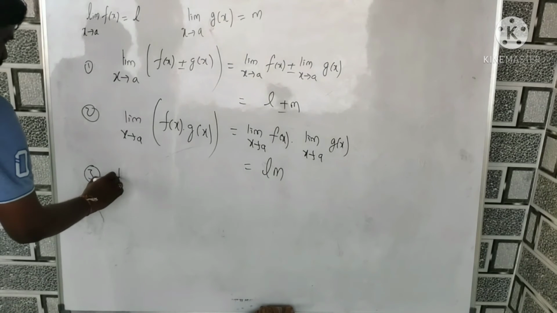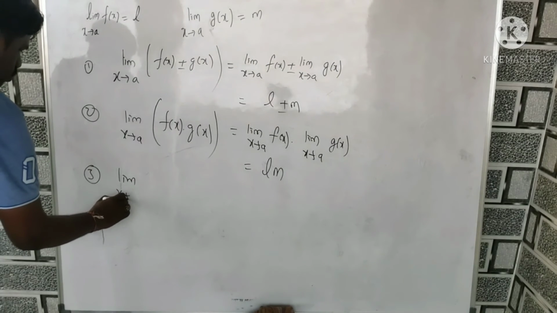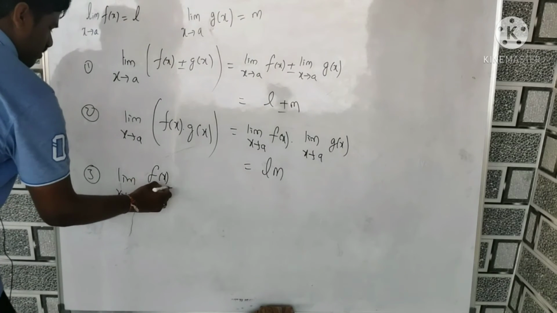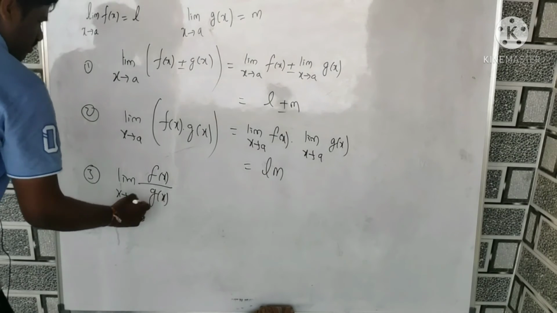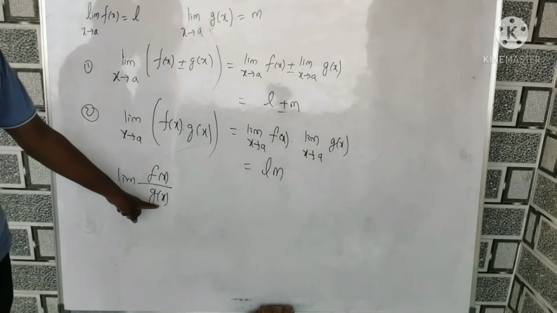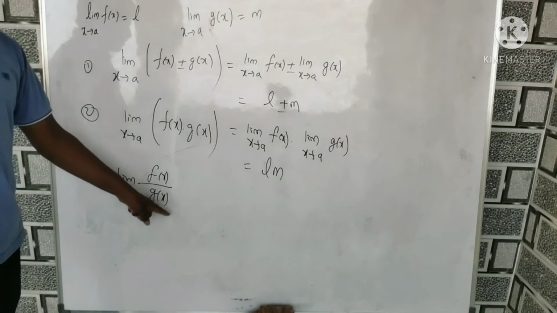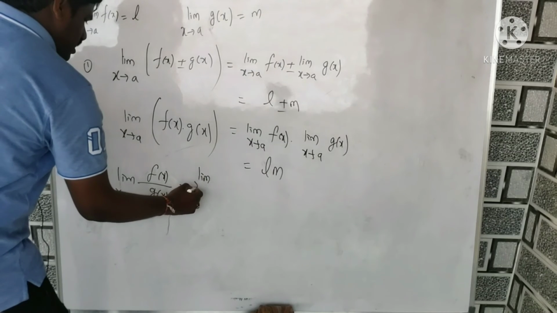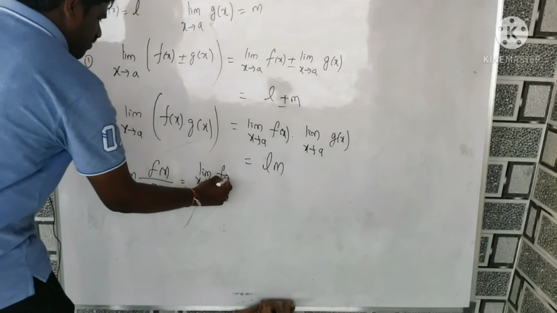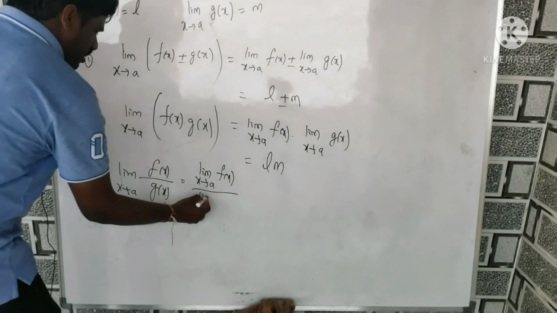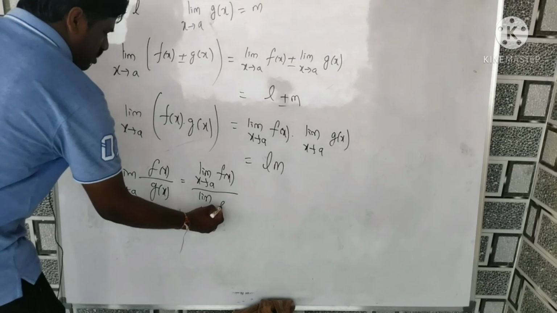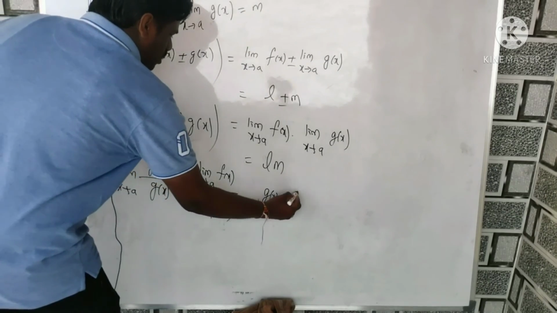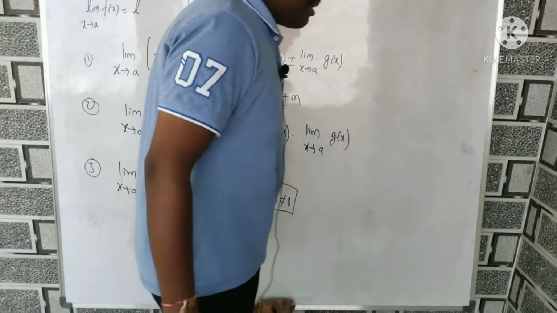Third point is the limit as x tends to a of f(x) divided by g(x), where g(x) is not equal to 0. Provided g(x) is not 0, I can separate it as the limit as x tends to a of f(x) divided by the limit as x tends to a of g(x), where g(x) is not equal to 0. So these are the fundamental